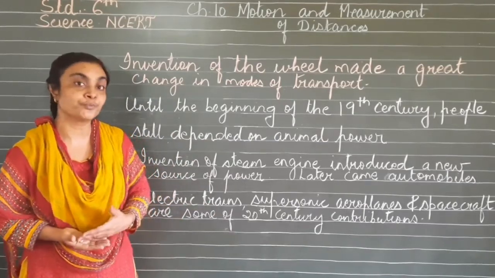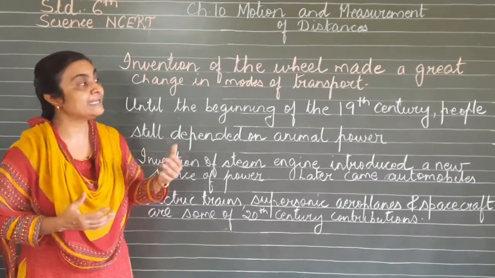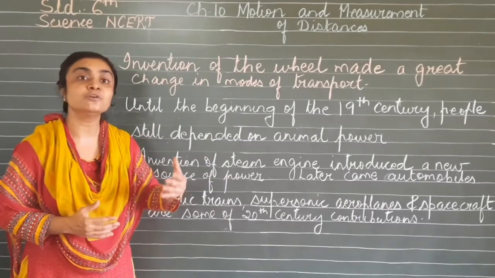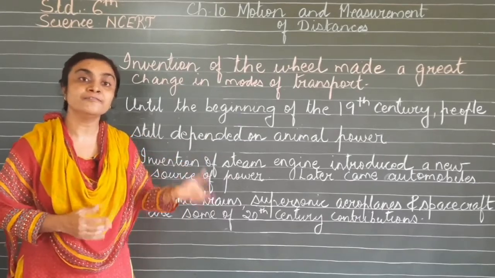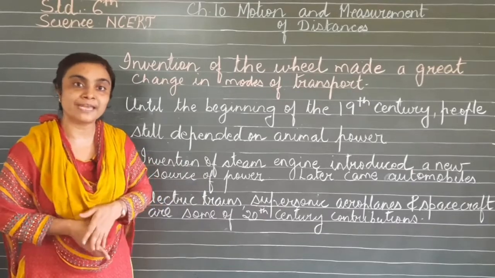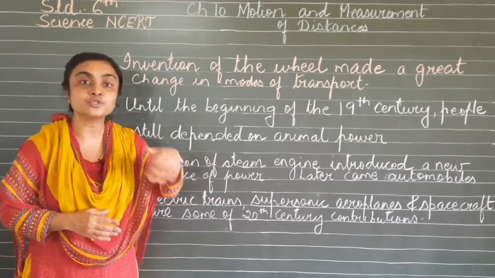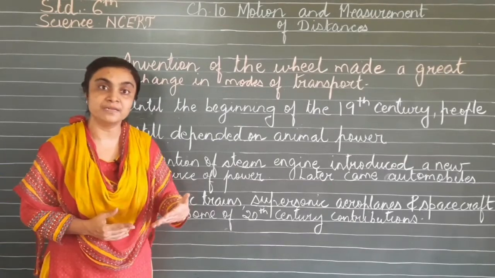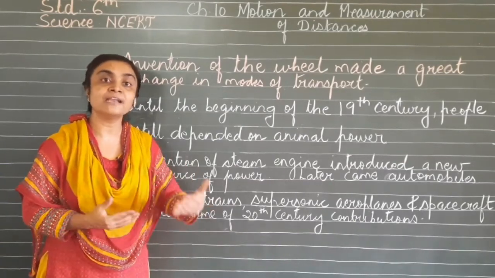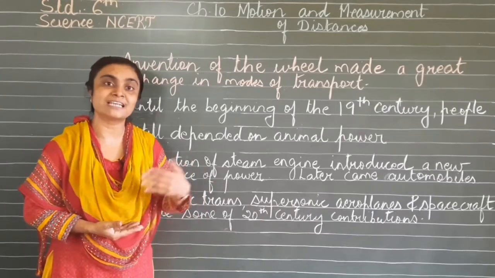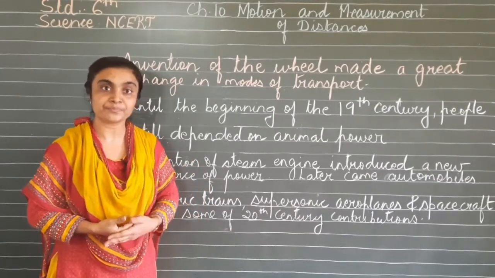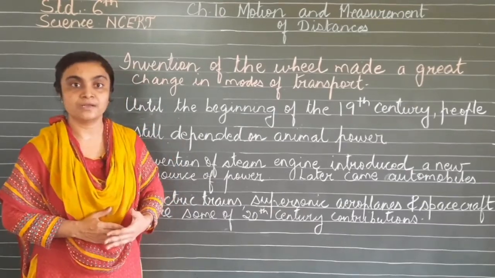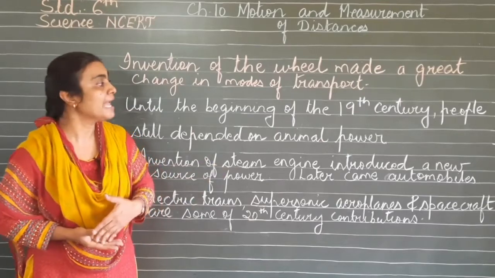Now how did they do it? They just carried the wheel along with the animals. The wheels were fitted with the help of the animals, and with the help of animals, they used to move from one place to another. We have seen different types of vehicles on which wheels have been placed, for example horse cart, bullock cart. They used them with the help of the animals.